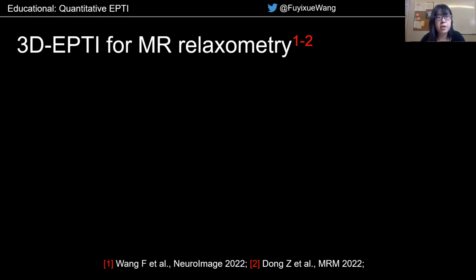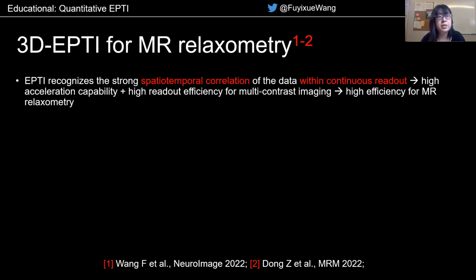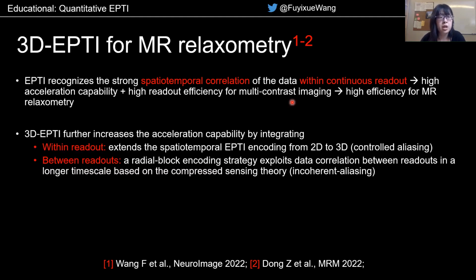So to summarize, EPTI recognizes the strong spatial-temporal correlation of the data within the continuous readout, therefore achieves high acceleration capability and high readout efficiency for multi-contrast imaging, and therefore leads to high efficiency for MR relaxometry. 3D EPTI further increases the acceleration capability by integrating a within-readout scheme that extends the spatial-temporal EPTI encoding from 2D to 3D for controlled aliasing,